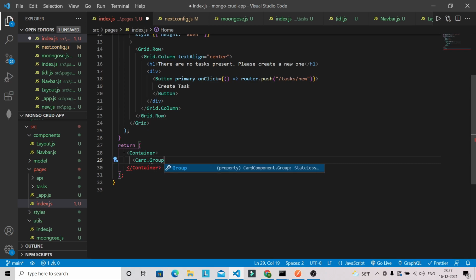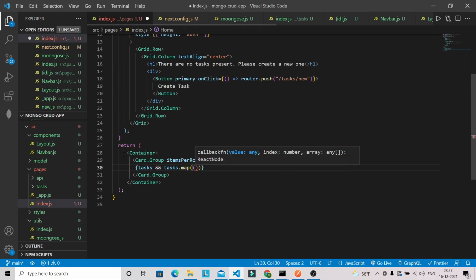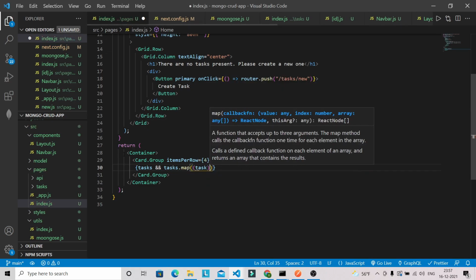We are going to show the items per row 4, so we'll be displaying 4 items only. And then we are going to have the task. So if you have the task, then task, and we are going to use map here, and this will have a single task.